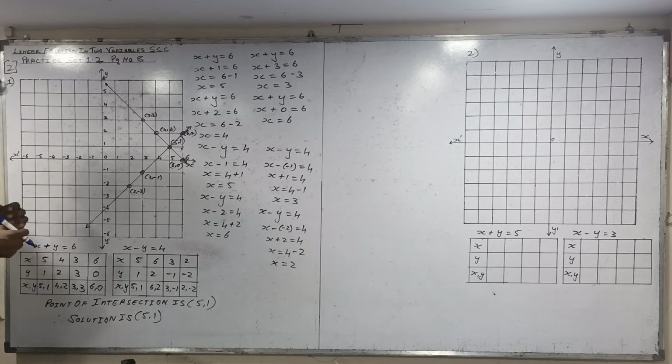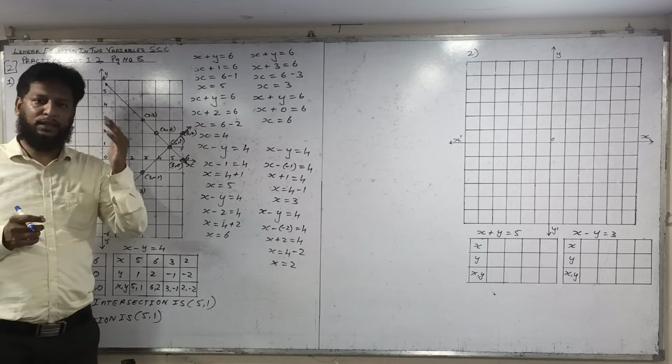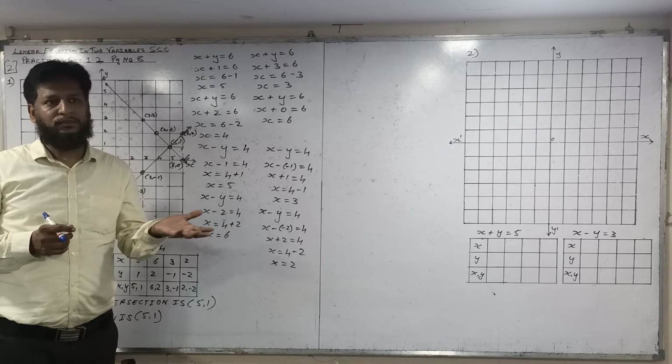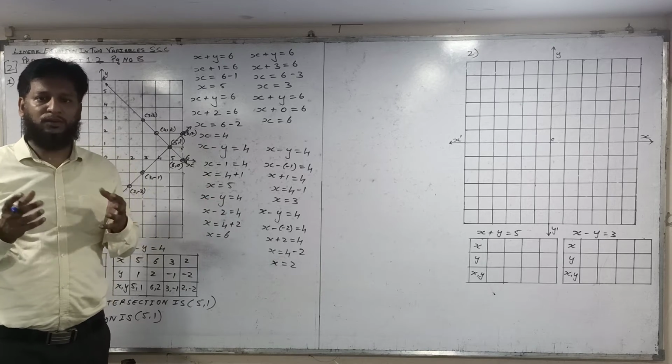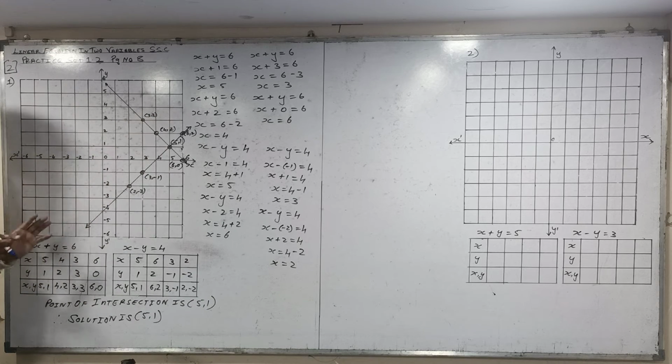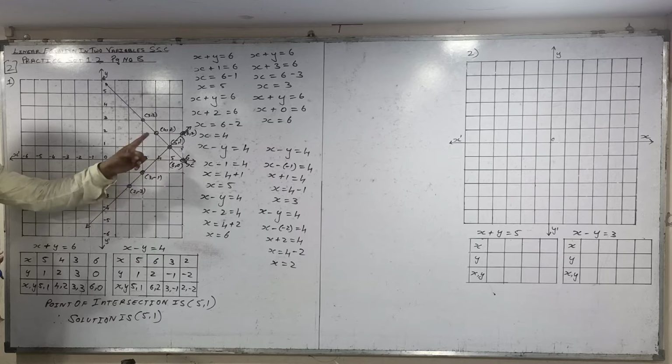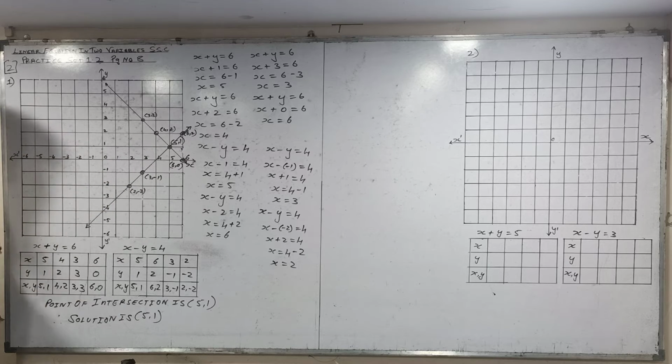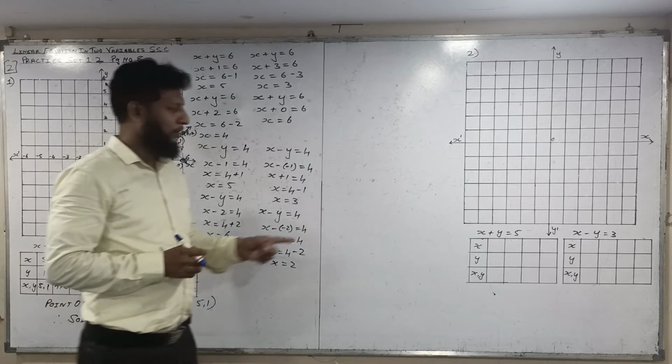Okay. In the simultaneous substitution method, we are making one value the same and then substituting it, so we get the other value. In this you have to do the graphical method. In this graph you get the value of x and y. So we have done this sum. Now come to this sum.